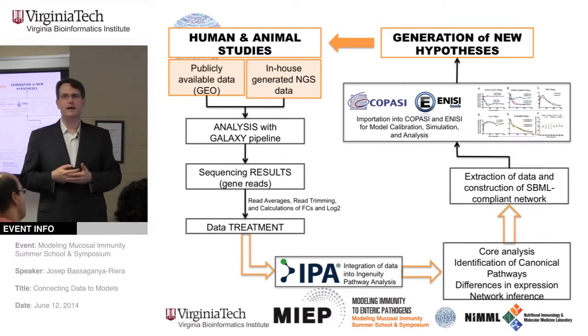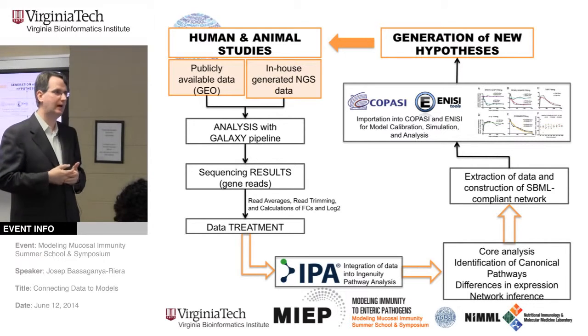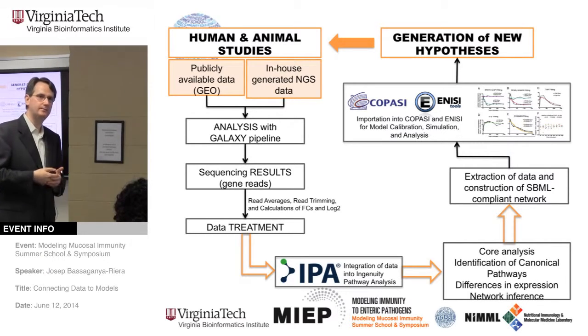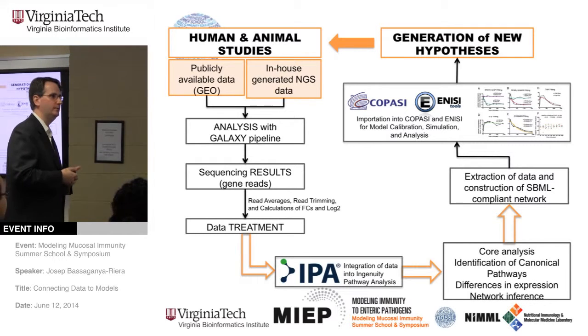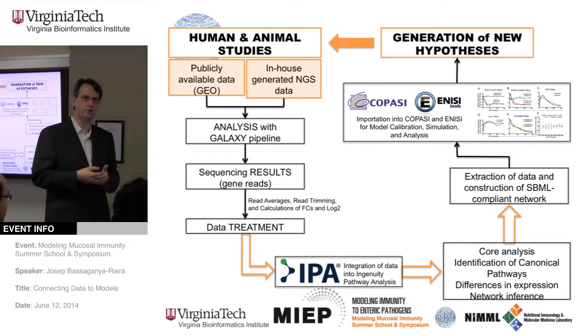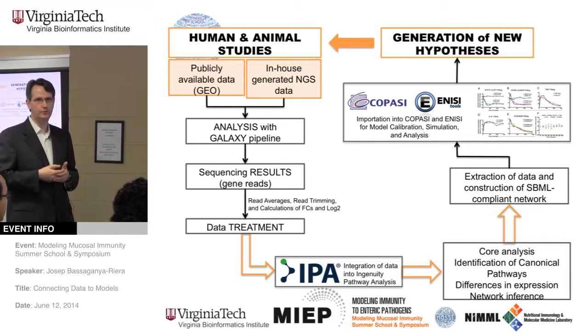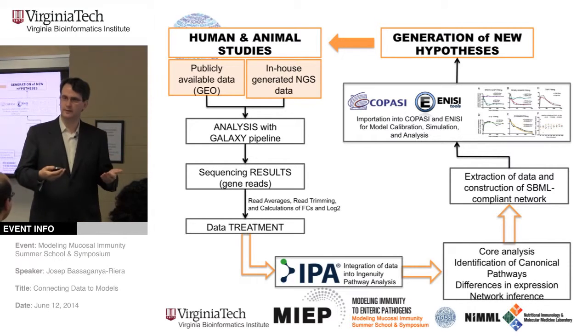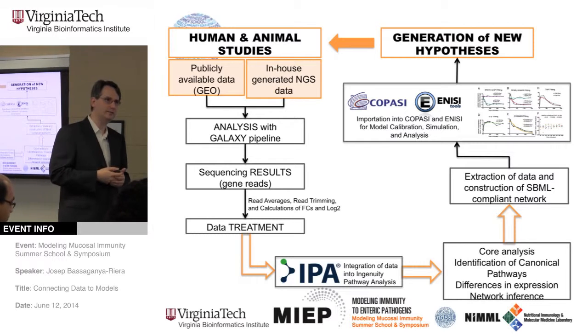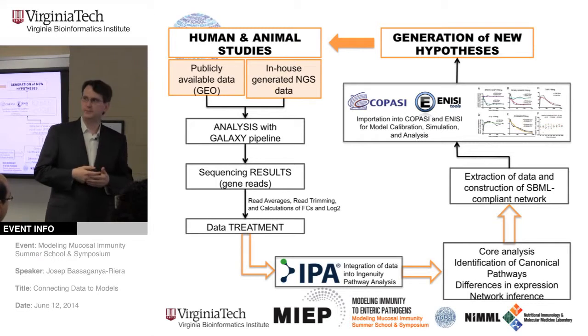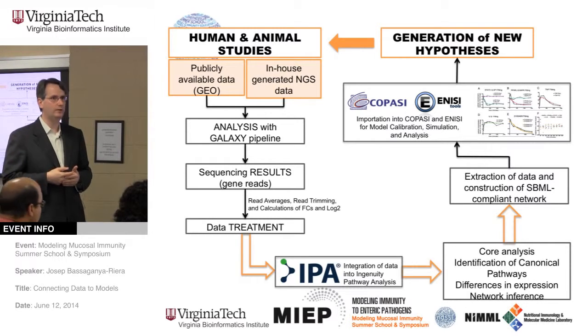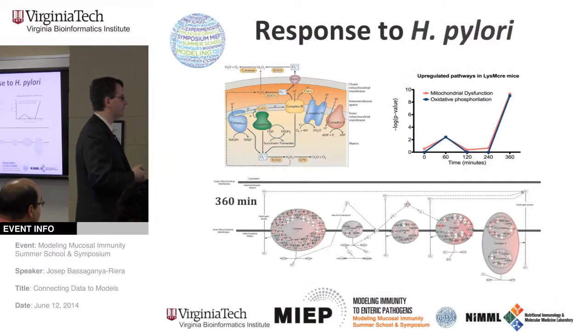But the end result of the IPA analysis is a static network. We don't have the dynamics embedded. So we have the roads, but we don't have the traffic going through those roads. And so what we want to do, and I'll show you step by step the network that we built, was not only to create that static network, but to build a mathematical model from that static network so that we could assess the sensitivities of at least some of the key players that we believe may play a role in modulating responses to H. pylori macrophages.